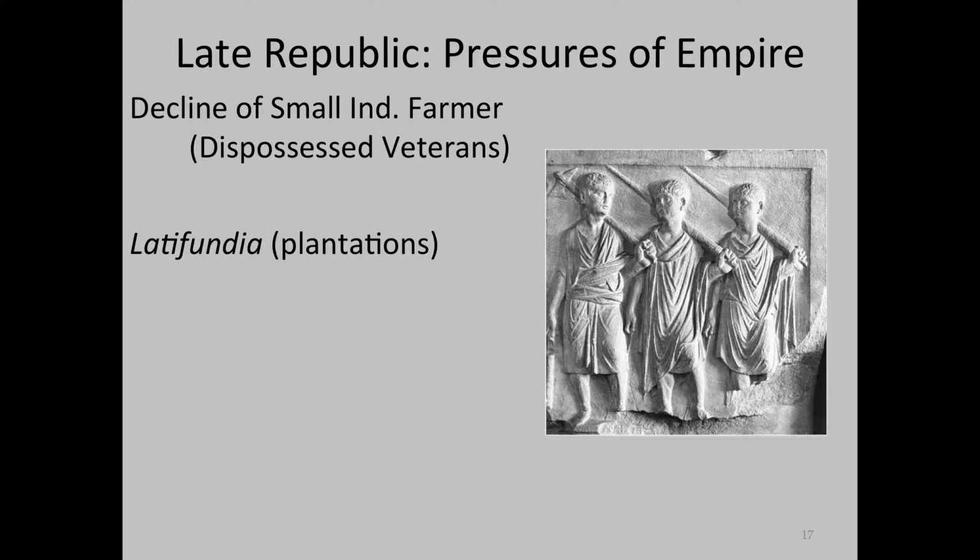And moreover, there were actually draft riots. Those men who still were able to hold on to their farms rioted. There were major draft riots between 151 and 138 BCE. And the message was that they didn't want to go on fighting for Rome's expansion. They were more happy to fight when it concerned defense of territory in Italy, but less so fighting these distant wars away from Rome. So in any case, there were these major draft riots.